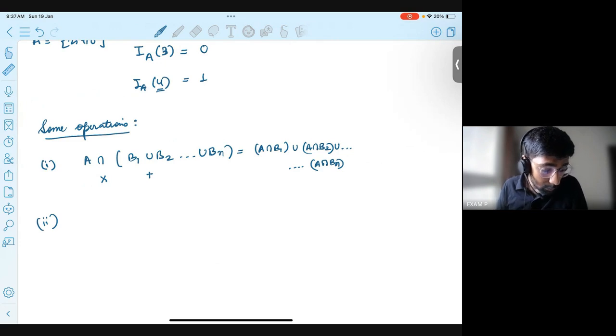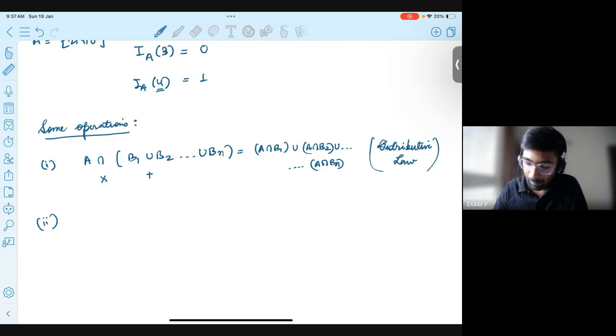This is called the distributive law. In normal algebra also we used to call it the distributive law. Here also it's the distributive law. If B1 to Bn are exhaustive events, then for any event A,